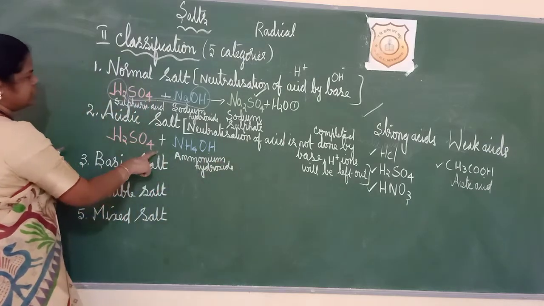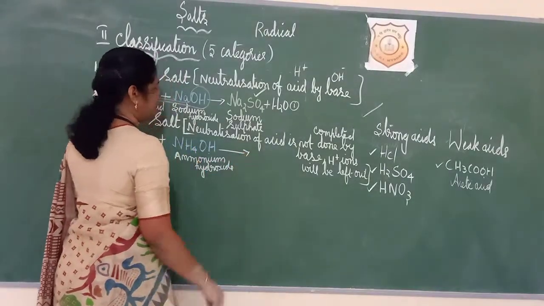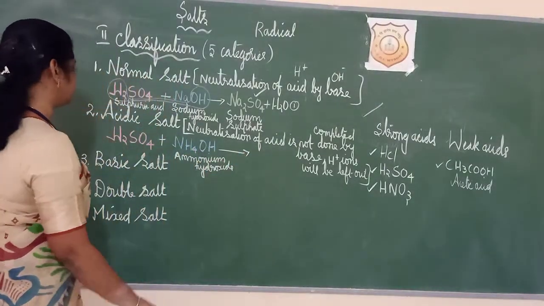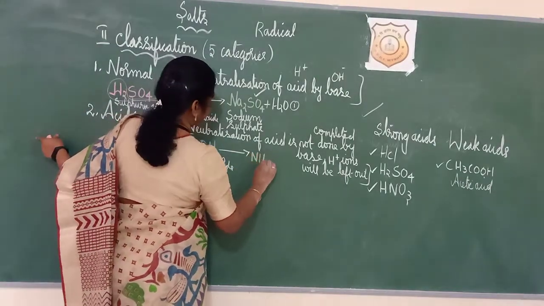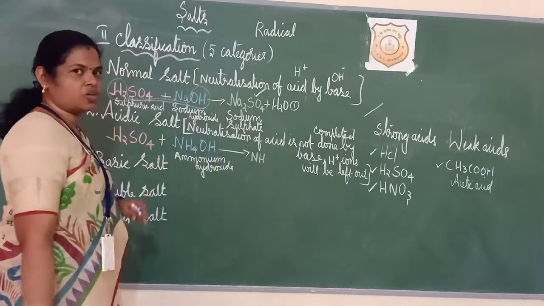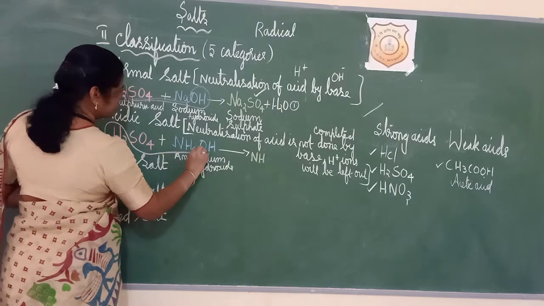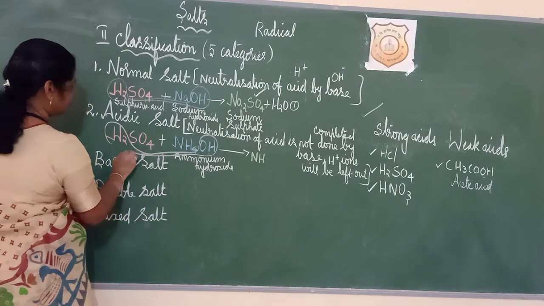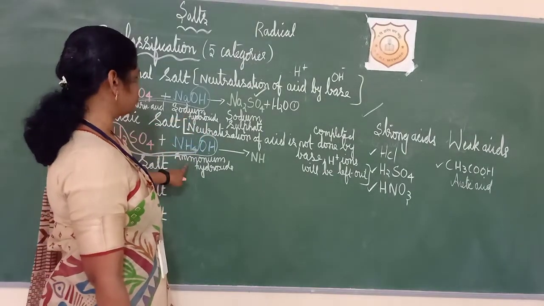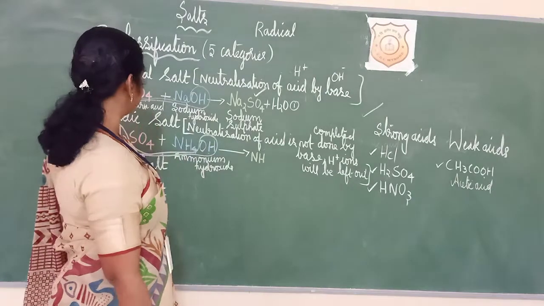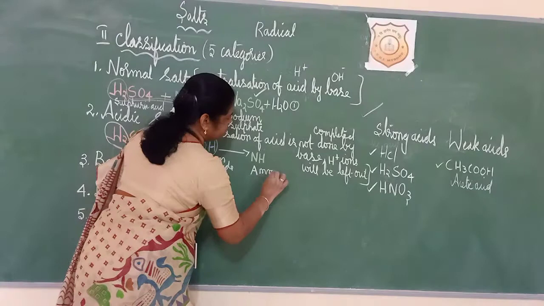What is this acid? You write here, okay? Same, sulfuric acid. This is ammonium hydroxide. Same way, when it combines, what will you get? The salt is, tell me, what is the salt? Try to find out. Here it is hydrogen and this is OH will come out. So the name of the salt should be according to the naming. See here, this should come first. So here also ammonium. Here it is sulfate. So you should get ammonium sulfate.